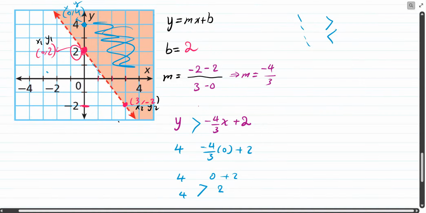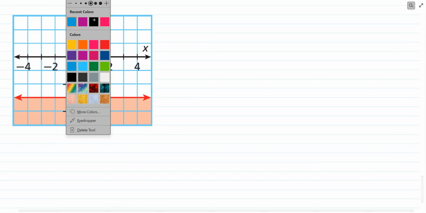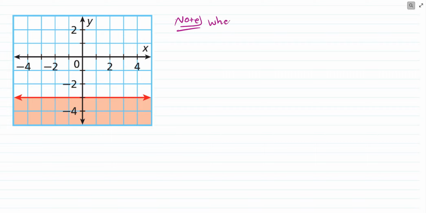This is going to be the second example, and one more example is left. Here we go, students, with the final example in this video, which has a horizontal line. Remember an important note in math that we have. When we have an important note, I'm going to write it for you. Note: when x equals c, and c is any number, then